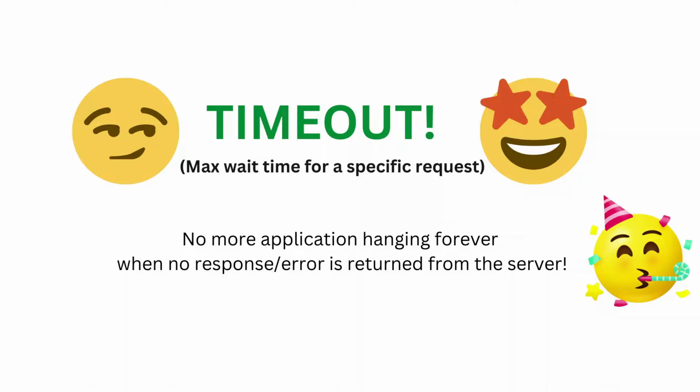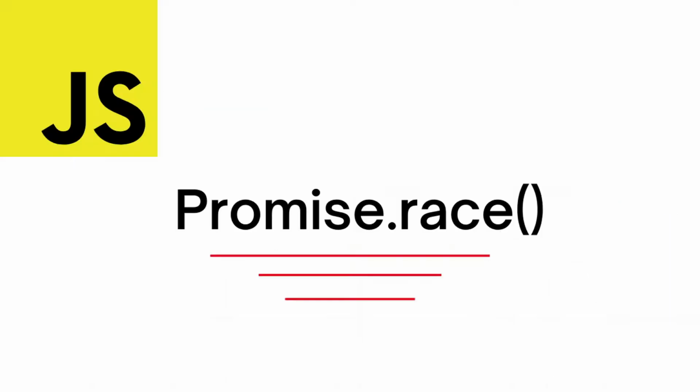So that way, we wait a specific amount of time for an API or a server to respond, and if it does not respond within that specific time, we do something else. In JavaScript, we can use the built-in function Promise.race to handle timeouts. Promise.race takes an array of promises and returns the result of the first promise, or the quickest promise, to either